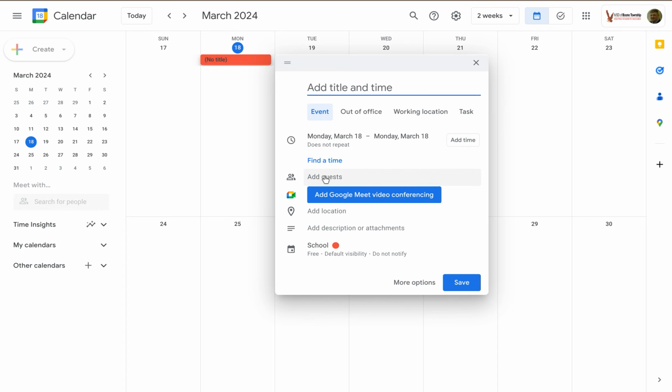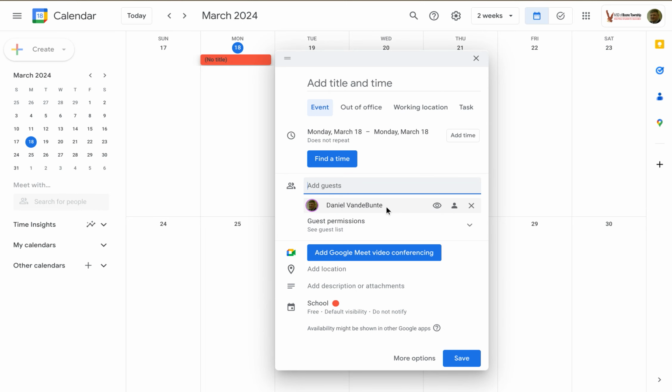All right, so if you go down right about to the middle of this window, Add Guests, what this allows you to do is identify users by their email address or maybe by name, as long as they are in the system, so to speak. And then you can include them on this event if this event they need to be at, should consider being at, it's important for them, it's a committee they're on, whatever. So if I do this,